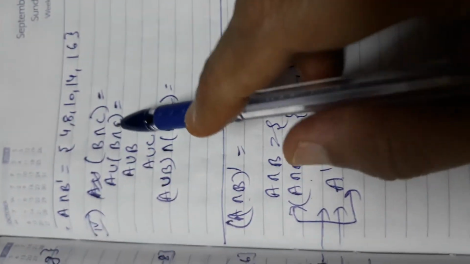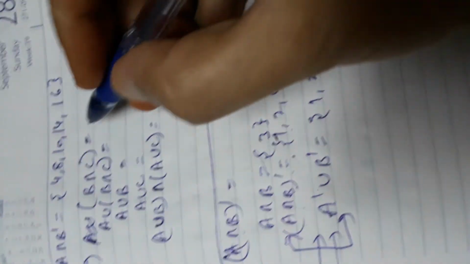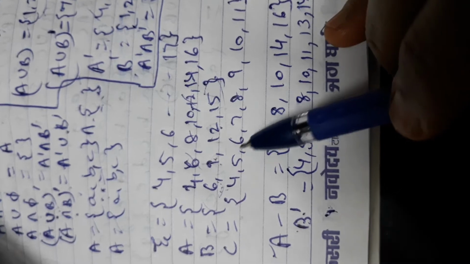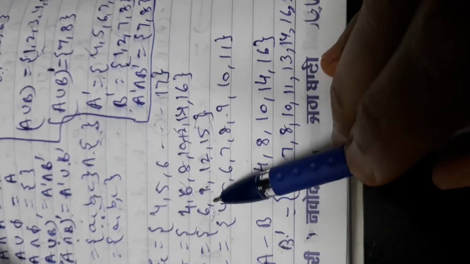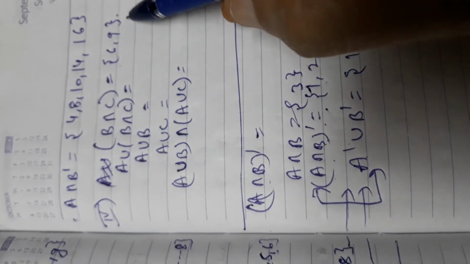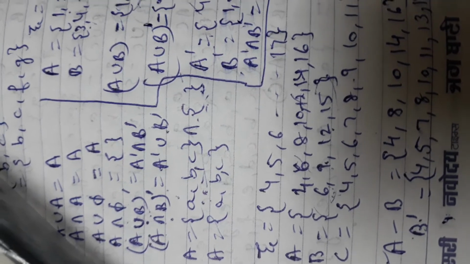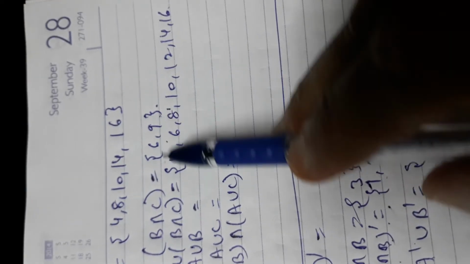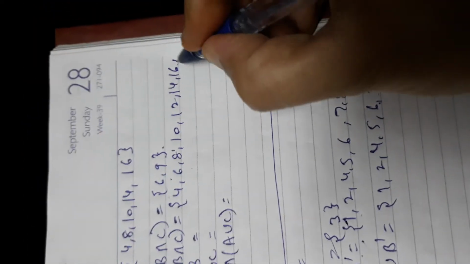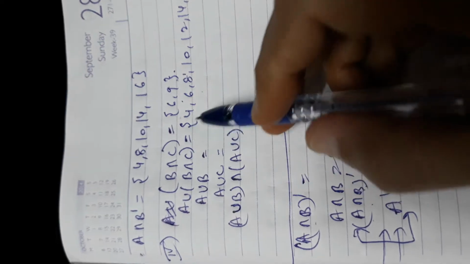Now after this, B intersection C. Common between B and C. B is right. Common between B and C is 6, 9, 12 is not there, 15 is not there. So that is 6 and 9, B intersection C. Now A union this. First I write A complete. A is 4, 6, 8, 10, 12, 14 and 16, and its union with 6 and 9. 6 is already there, 9 we can add here. So this is A union (B intersection C).